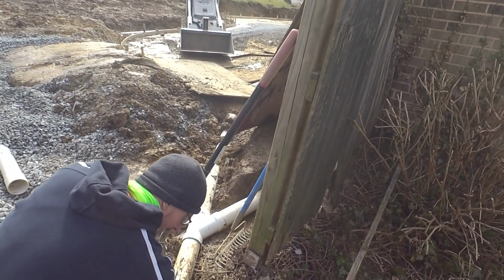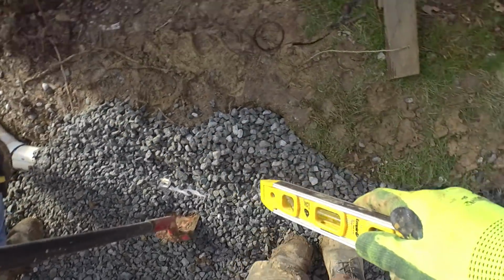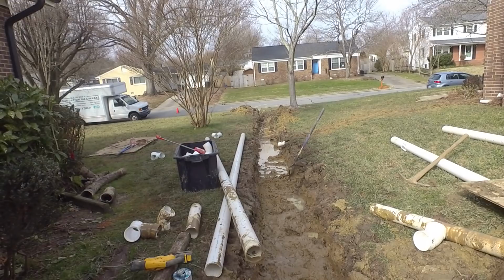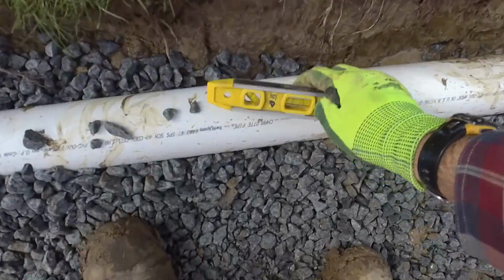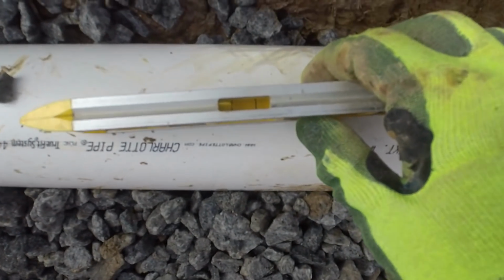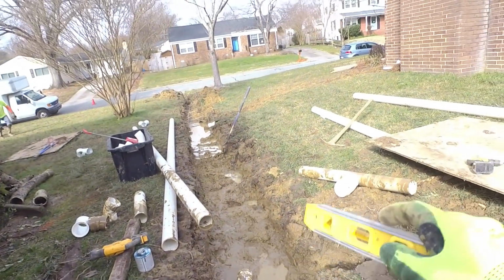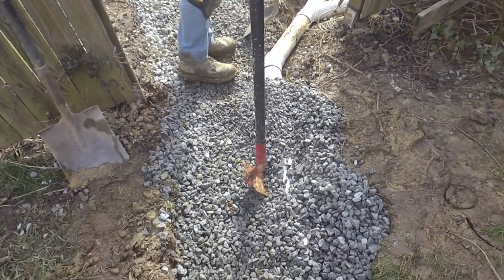Alright, we're over here turning this corner. We caught this little gutter here and we're heading down the way. But we don't have a whole lot of fall to the road, so we have to be really, really careful. And so right here we've got a full bubble, so that's way too much fall. If we're falling that fast, we're going to run out of fall by the time we hit the street right there. So what I'm going to do